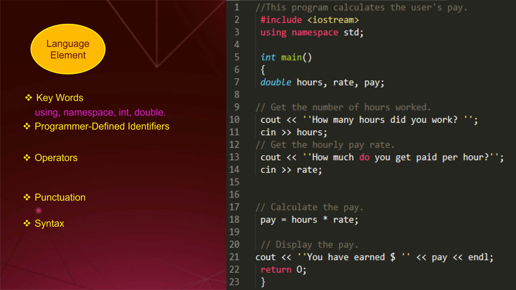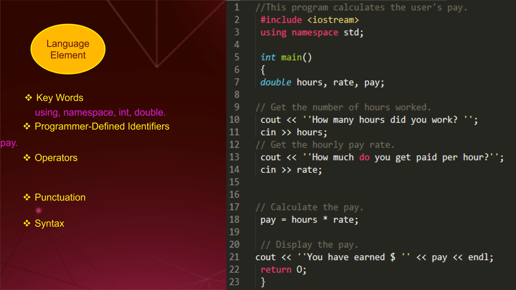As you will see, the programmer is allowed to make up his or her own names for certain things in a program. Keywords, however, are reserved and cannot be used for anything other than their designated purpose. Part of learning a programming language is learning what the keywords are, what they mean, and how to use them.